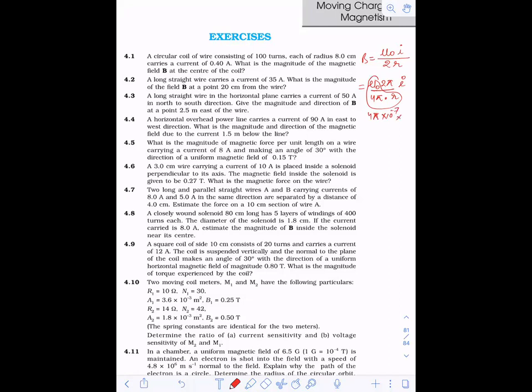What is the r value? R is the radius, so this becomes 0.08. I value is 0.4, into n, and n value is 100. So you solve this equation and you will get the value. Is it okay? Anybody had a doubt in this? I hope you would have understood. So you would have copied this now.